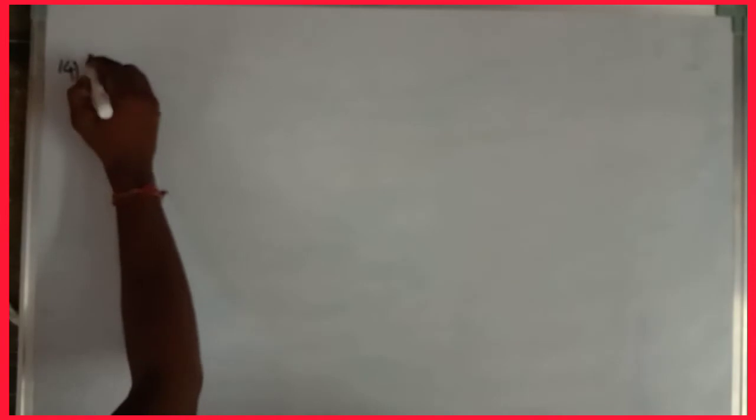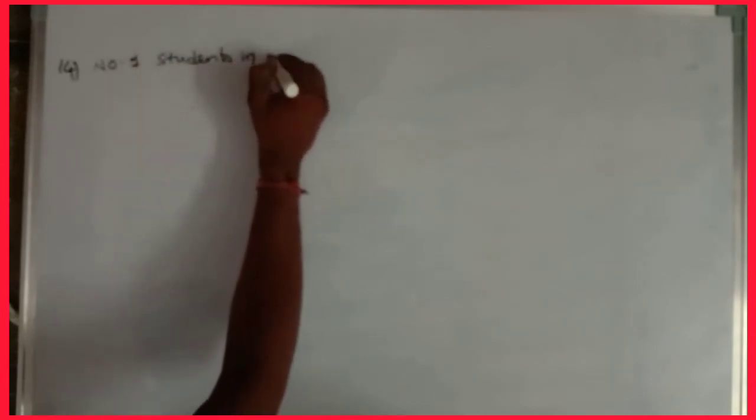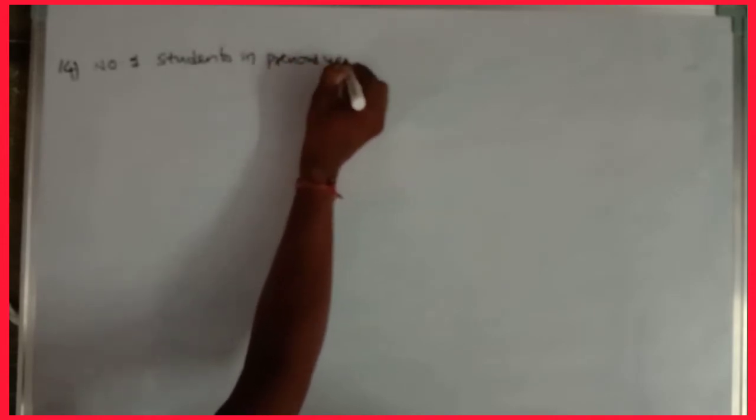Here, this year the number of children is 3 times that of the previous year. I don't know the previous year's number of students, so I'm taking the number of students in the previous year as x, and the present year is 3 times the previous year, that is 3x. So the number of students in the present year will be 3x. Now the question they asked is, what is the percentage of increase in the number of children?